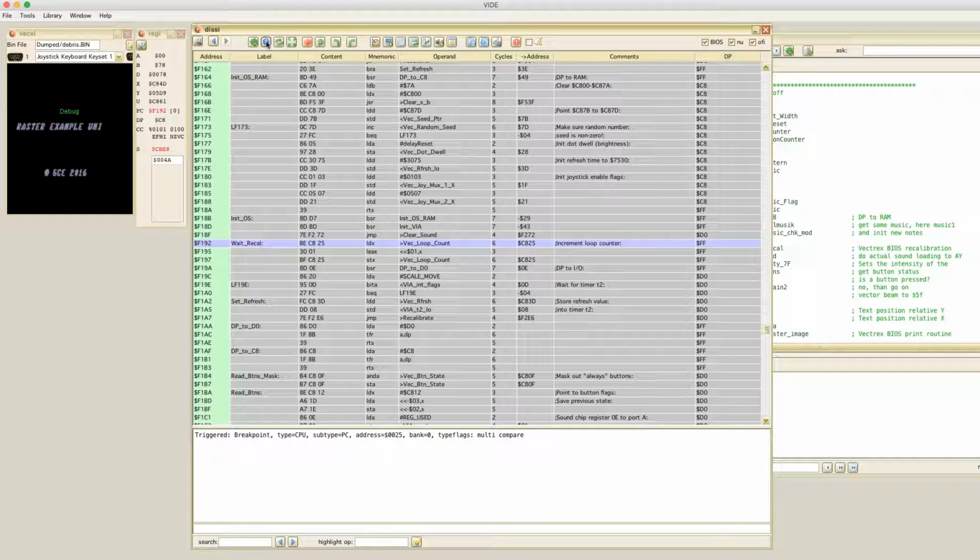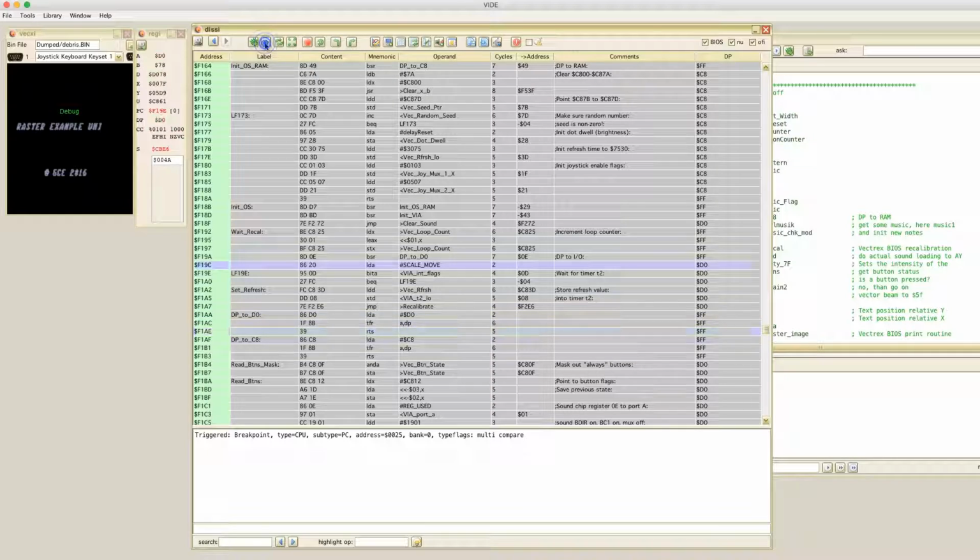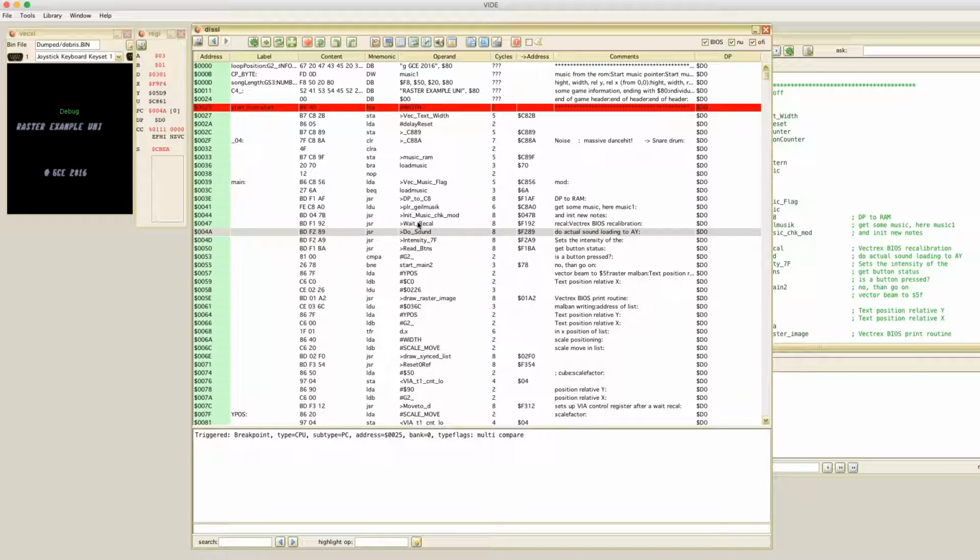If you are in a subroutine and it is quite boring and you don't know how to get out because there's a timer counting down for eternity or something like that, you can use a step out. This means a breakpoint is set at the topmost stack location, and you step out of the actual instruction. You can do that now, and you see we return after the wait call that we were just